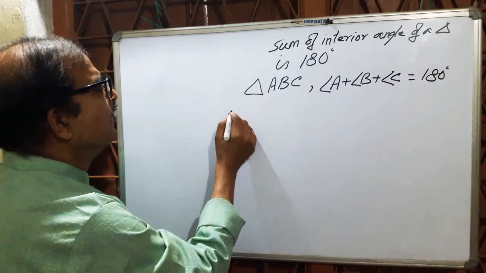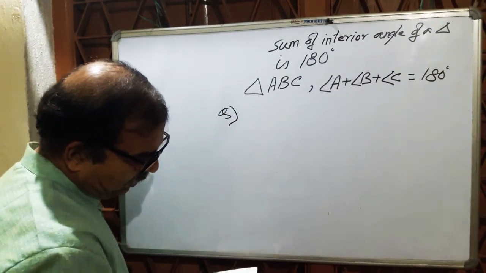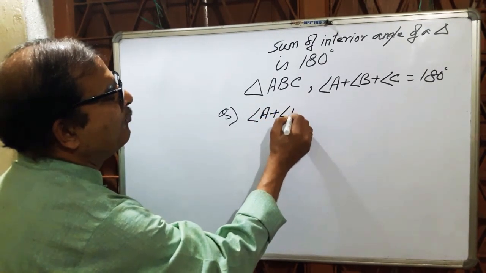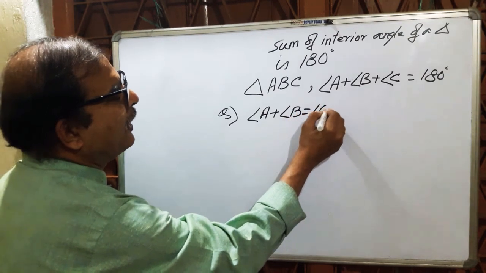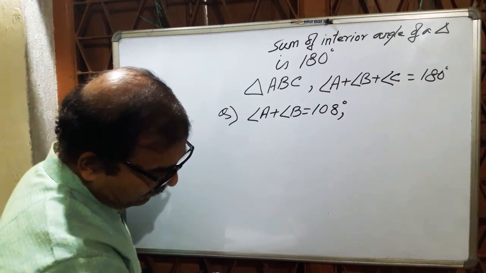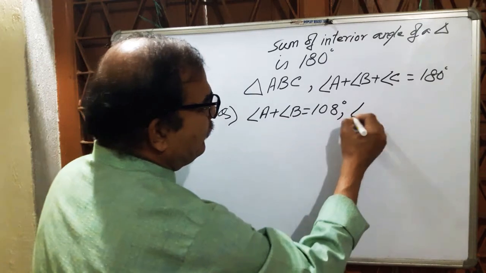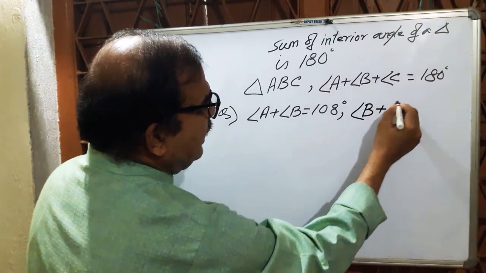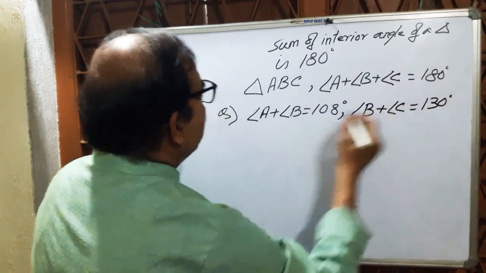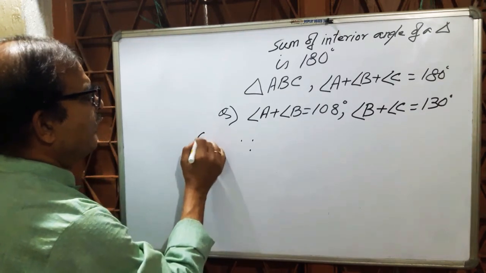Question given: if angle A plus angle B equal to 108 degree, and angle B plus angle C equal to 130 degree. So when you start to solve,